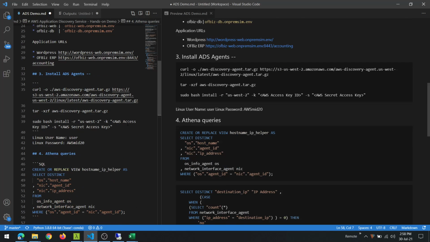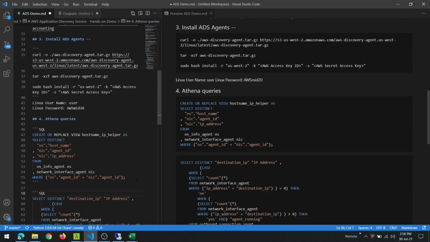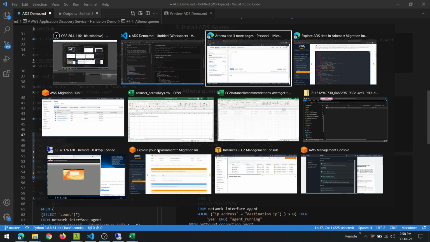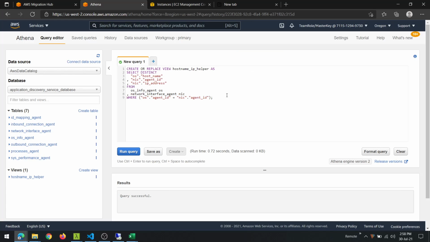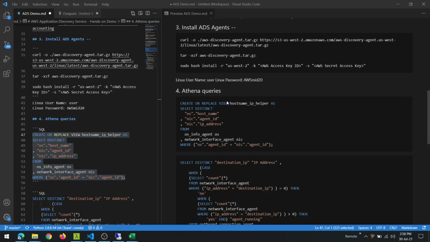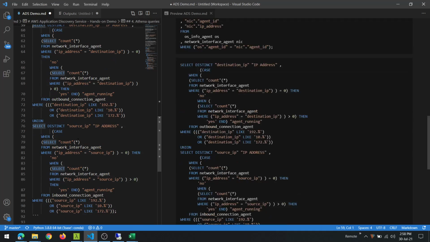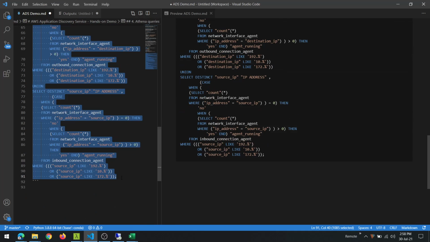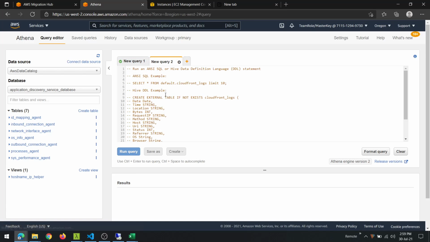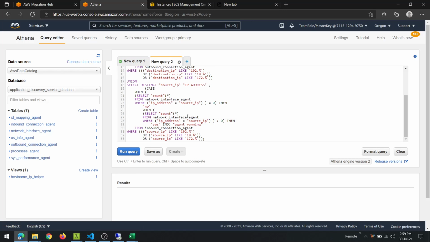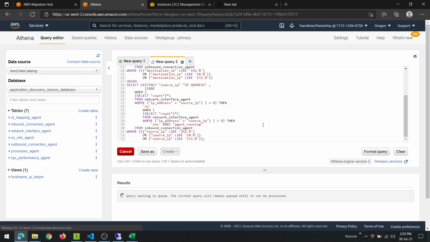So here is a quick example of the kind of queries that you can run. You can create views to help you with your queries. So this is a view that creates a lookup table of host name and IP address. And then this is a query that tells you which of your servers have an agent running versus which of them don't.